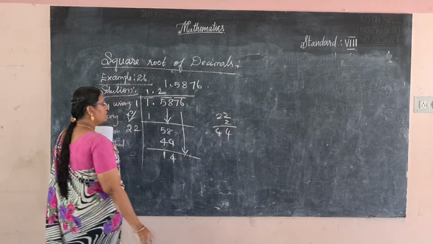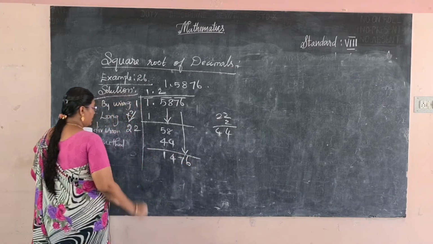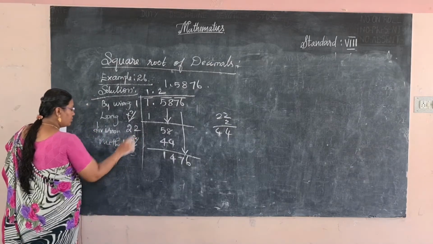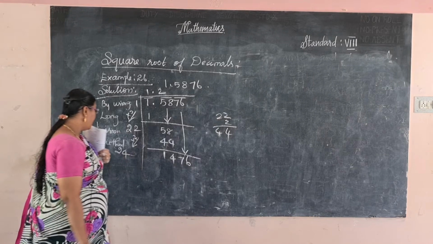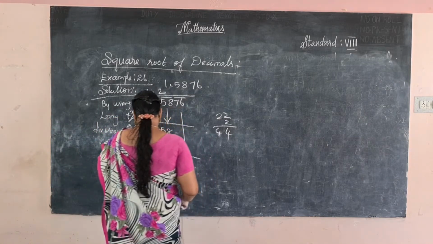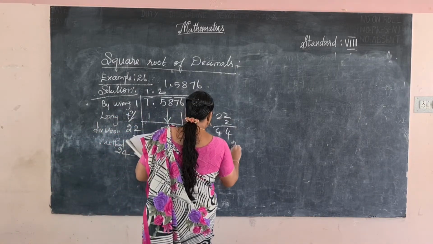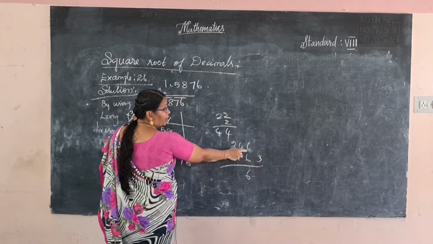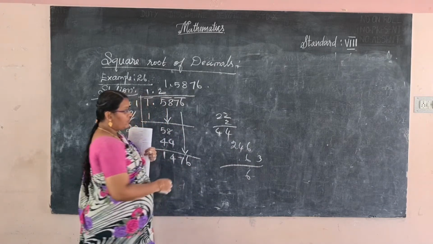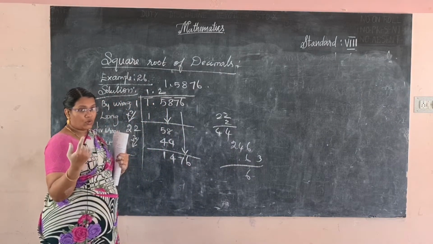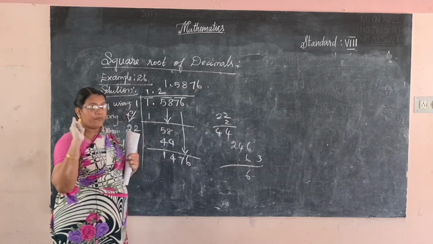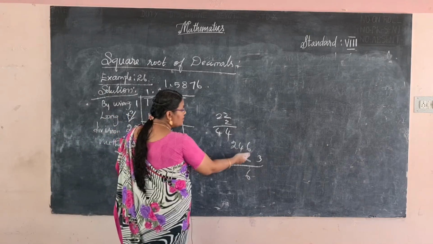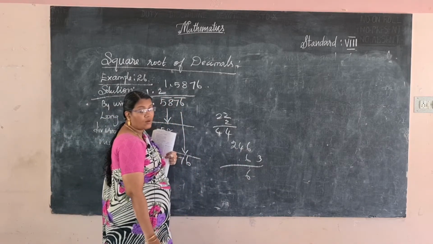Now bring down the next 2 digits, 76. Now multiply by 2. The first term stays here. 2 twos are 4. Which number multiplied gets 1476? 2 4 6. 6 6s are 36. Already told, why do you put 6 here? It ends with 6. Which numbers end with 6? 4 squared ends with 16, ones digit is 6, and 6 6s are 36, ones digit is 6.